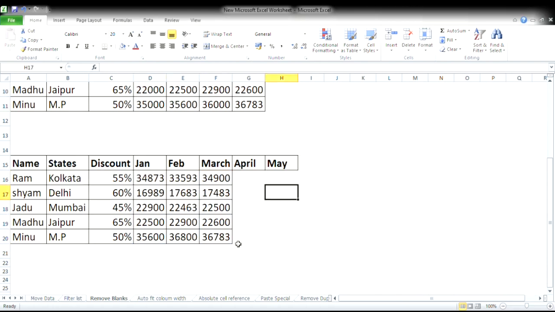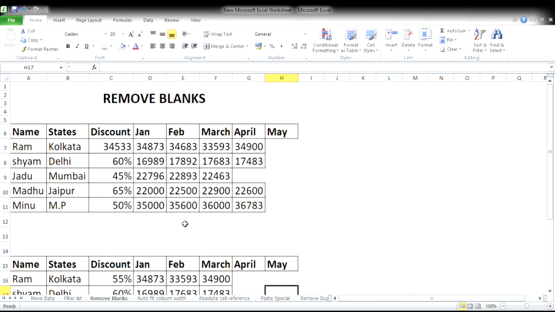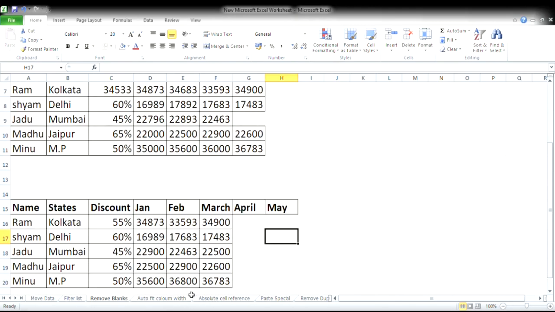All the blank columns are automatically removed at one time. So this is how to remove blanks from Excel.